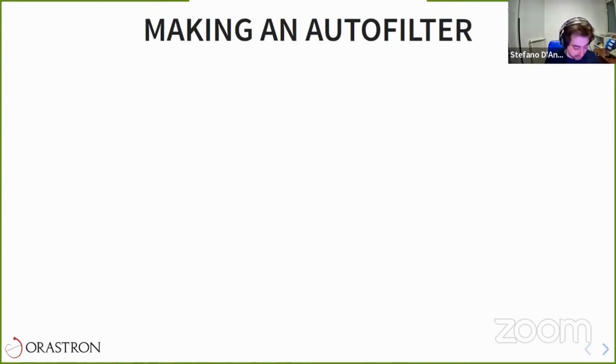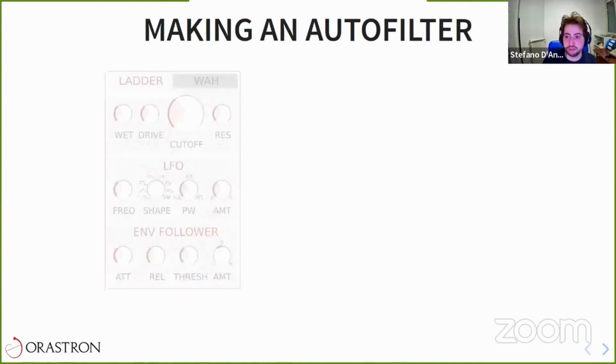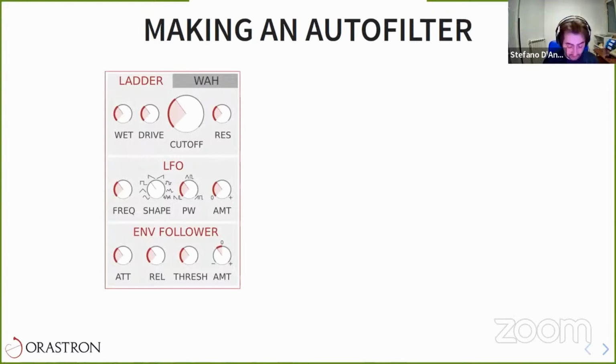You can actually get something ready-made, whether from us or from anybody else. That's not the point. So actually, we have developed this library that I was talking about before, and we have implemented something very simple. Let's say it's very simple after you have implemented it, which is an autofilter. That is a filter that modulates its own cutoff frequency,